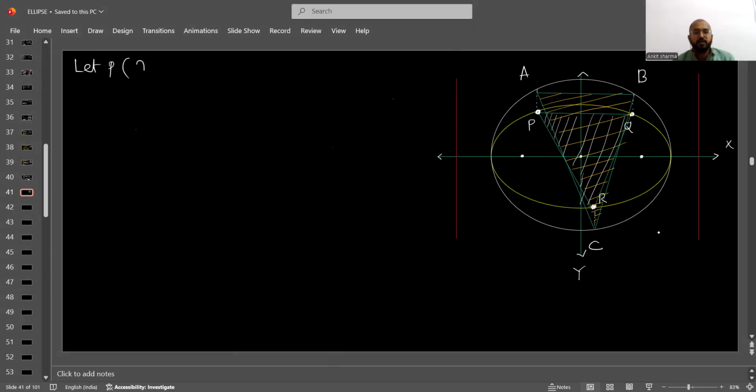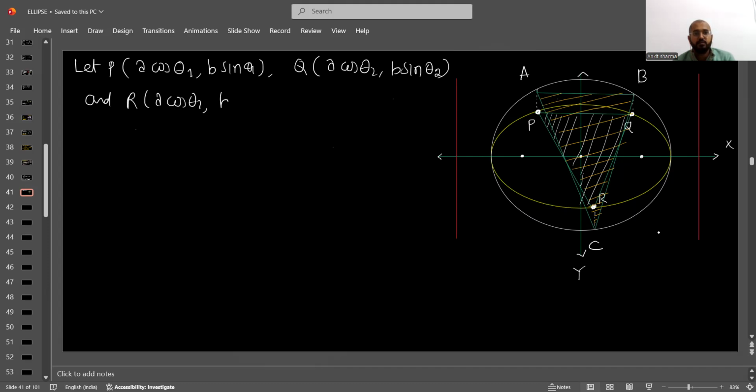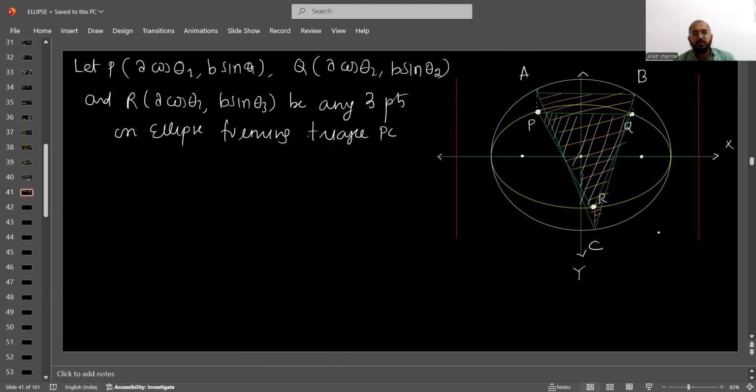So let P be A cos theta 1, comma B sin theta 1, and Q point to be A cos theta 2, B sin theta 2, and R is A cos theta 3, comma B sin theta 3, any 3 points on the ellipse. So forming triangle PQR, and this point I have taken, see, this is P, Q, and R, and now I'm taking their corresponding points